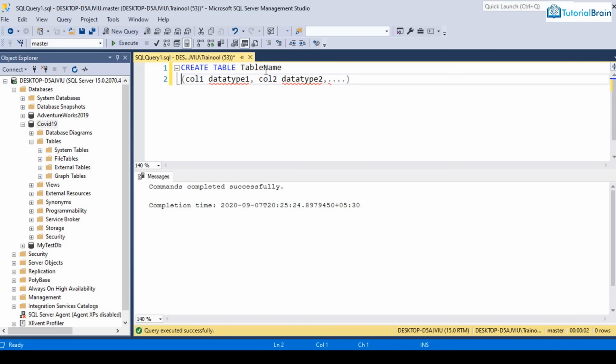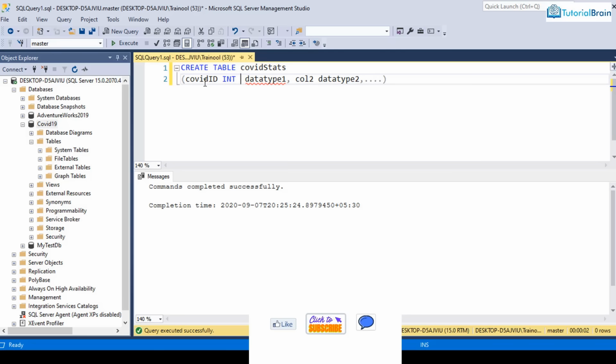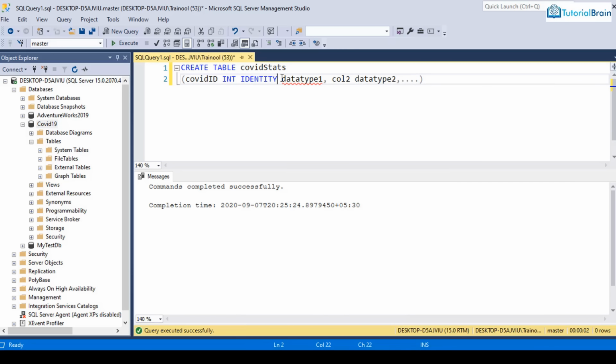I'll create a table with the name COVID stats. So I can just say COVID stats, and let's try to add a column, for example, let me just give COVID ID. Let's try to give this as an integer field with identity. So that means this is an auto increment field. So let me just delete all these,